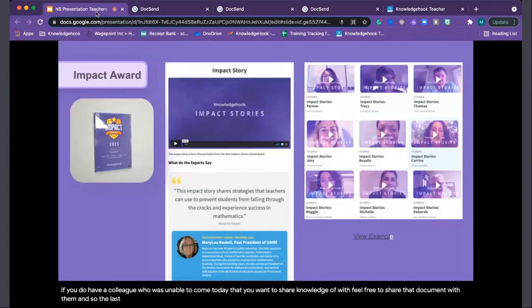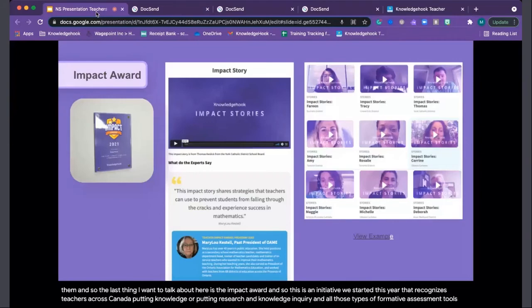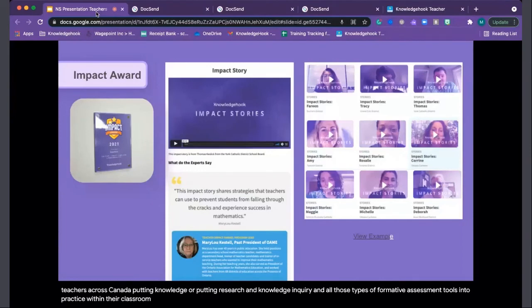And so the last thing I want to talk about here is the Impact Award. This is an initiative we started this year that recognizes teachers across Canada putting research and knowledge inquiry and all those types of formative assessment tools into practice within their classroom. And it's not just about Knowledgehook. We've taken the time to reach out to teachers who are working with Knowledgehook in their classroom, but also to interview them to understand how they're putting research into practice. And we actually awarded 22 teachers across Canada this year with impact awards to recognize the hard work that they're